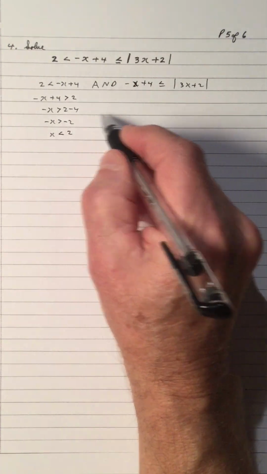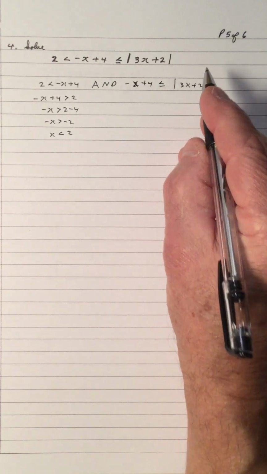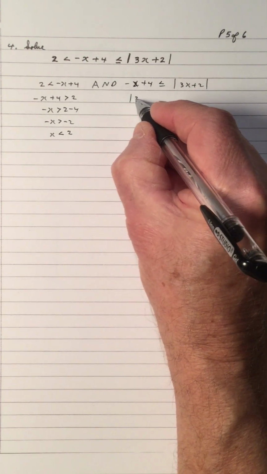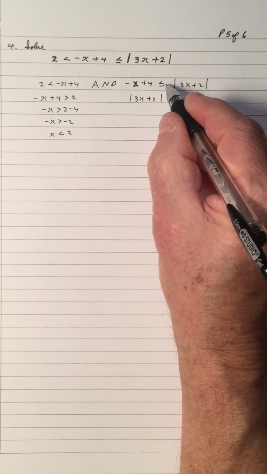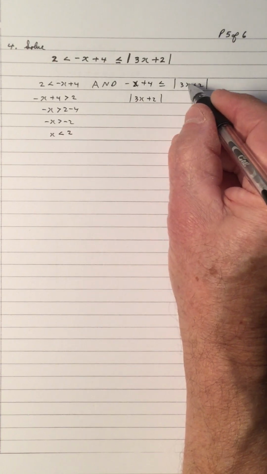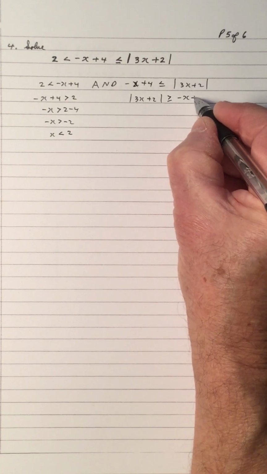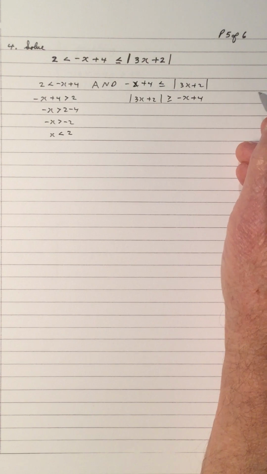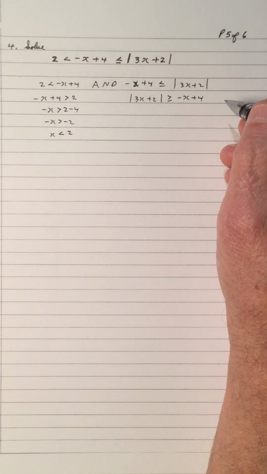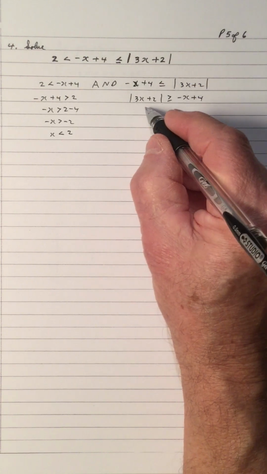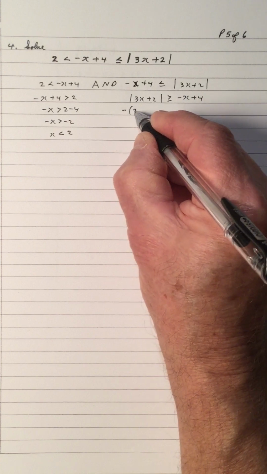Okay. Now, I want to do this one. What I like to do is have the absolute value on the left side. So the absolute value of 3x plus 2. If that's less than this, the absolute value is greater than or equal to. Like if 2 is less than 10, when you switch it, 10 is greater than 2. So that's what's happening. Notice I have an absolute value, and with the absolute value, I go negative of the